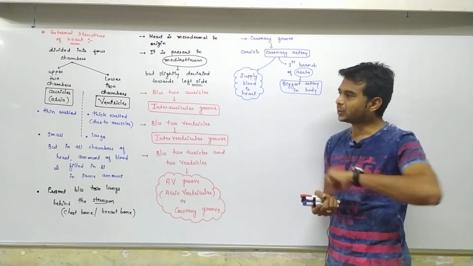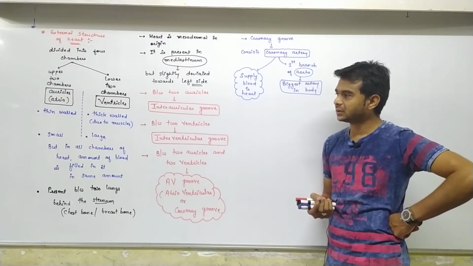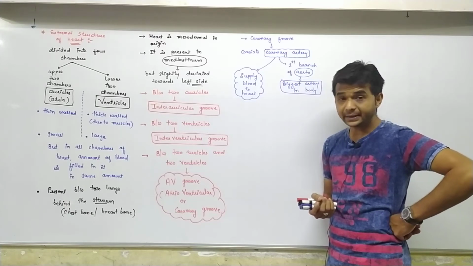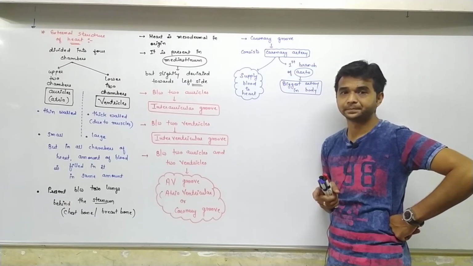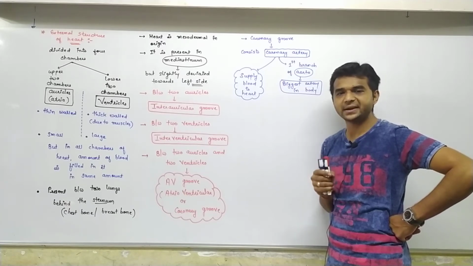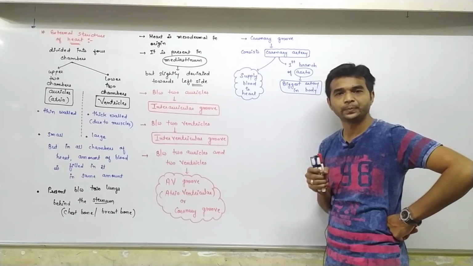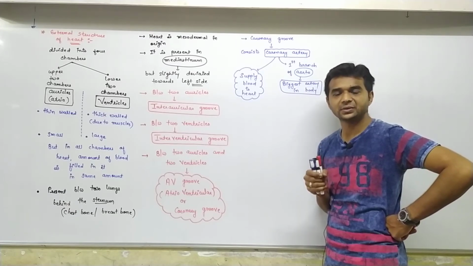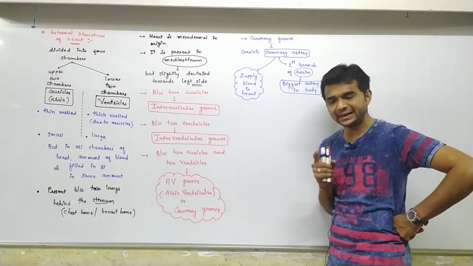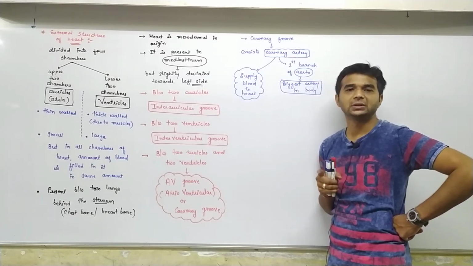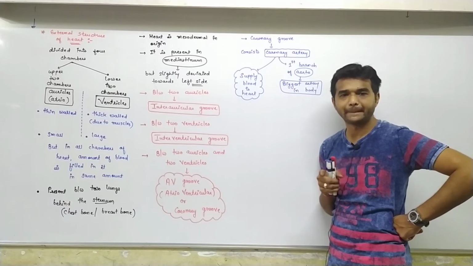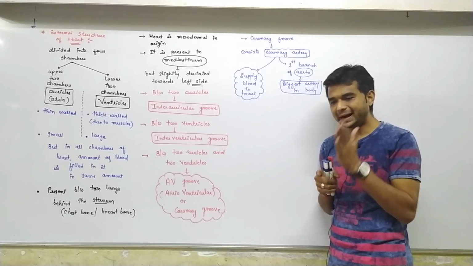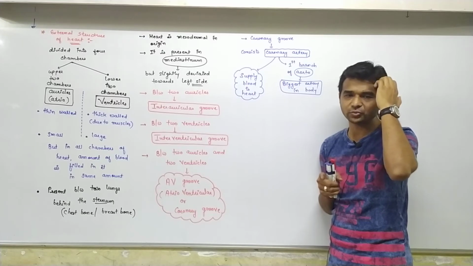So here you know that ventricles consist of muscles, the thick wall is there, and in auricles muscles are not there, but a thin layer made up of tissue. That's why yesterday I told you that the heart is myogenic. Our heart is myogenic, not neurogenic. So here the heart has muscles as well as tissue.